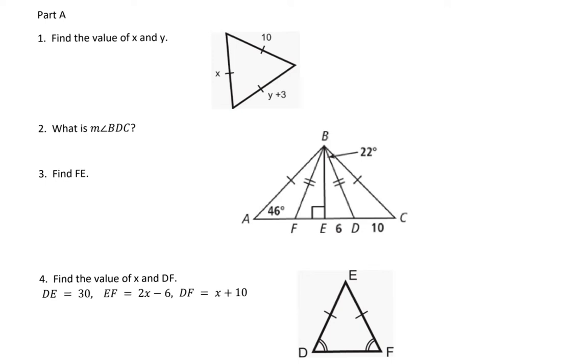Well, first you need to know what kind of triangle that is. Judging by these tick marks here, it has 3 congruent sides, which means this is an equilateral triangle. It means it's also equiangular, but we're not talking about the angles. So if one side is 10, then all the sides are 10, which means that x is equal to 10, and y plus 3 is equal to 10. So if y plus 3 gives us a length of 10, then do a little bit of algebra,